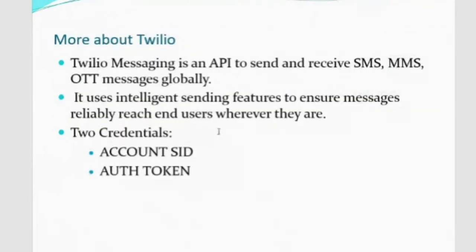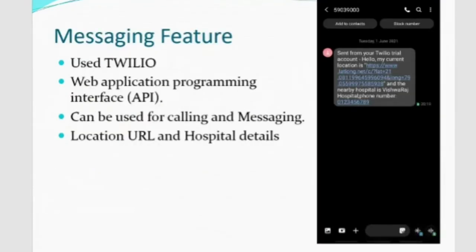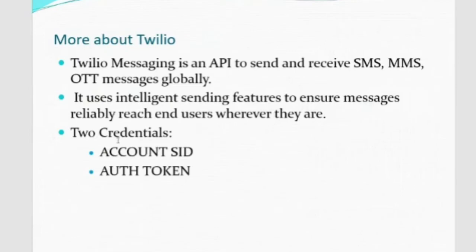Now we are using an API called Twilio messaging for the messaging feature, and it requires two credential details: account SID and account auth token. Account SID is used as a username, and auth token is used as a password, so that it maintains authentication,